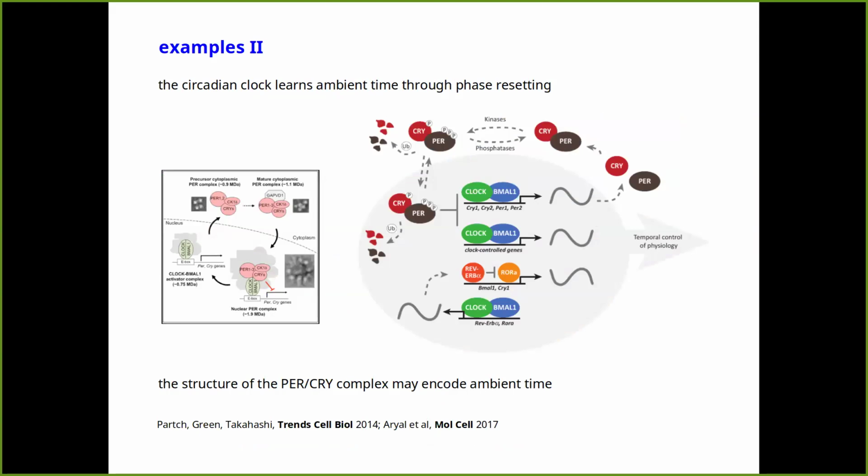Here's another example, one that everyone knows. It's the circadian clock. Each of the cells in our body, for the most part, runs a kind of clock. There's a central pacemaker in the hypothalamus that resets to the ambient light. Evolution built circadian clocks in different organisms over the history of life. They're not all the same, but this is another example of a system which encodes information.